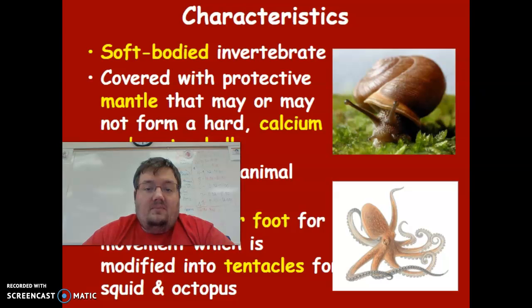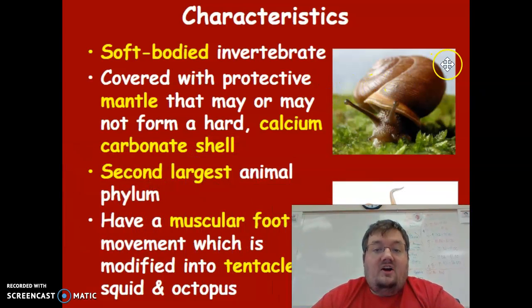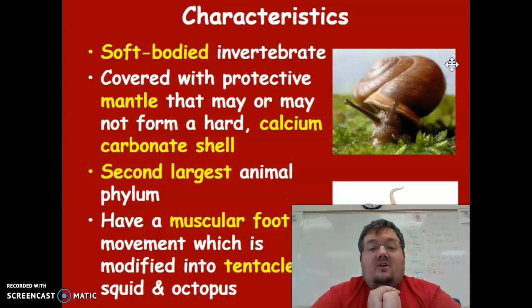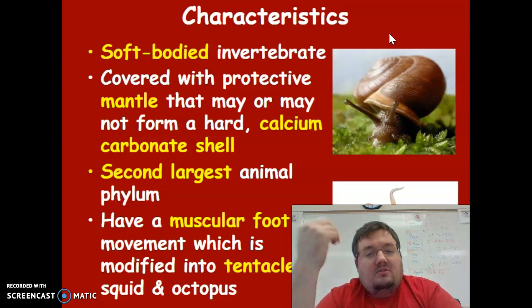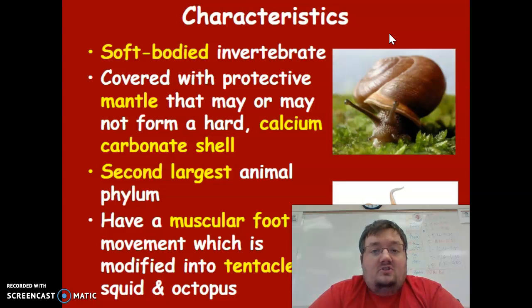Some characteristics of all mollusks. All mollusks are soft-bodied invertebrates. They're covered with a protective, what they call mantle. The mantle of the mollusk is the top part of it. It's what secretes the shell. So if a mollusk has a shell, the shell is directly secreted from what's called the mantle, and it's usually made of calcium carbonate, which is similar in composition to what's in chalk, which is why those shells are chalky. Mollusks in general are the second largest animal phylum, so there are a lot of different species of mollusks